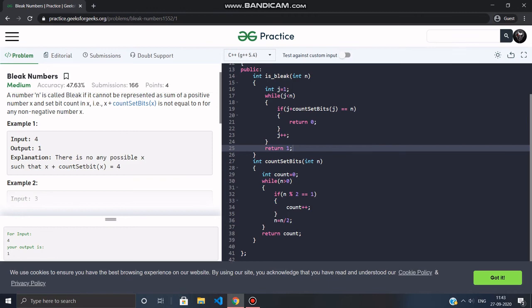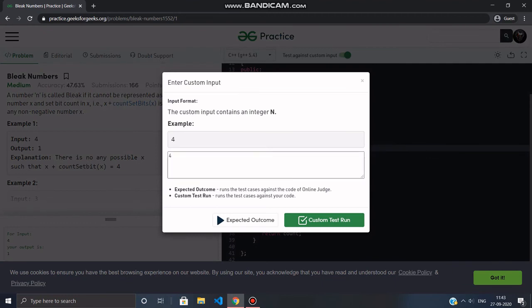Now let us check for 3. The output we should get is 0. That means it's not a bleak number, right?